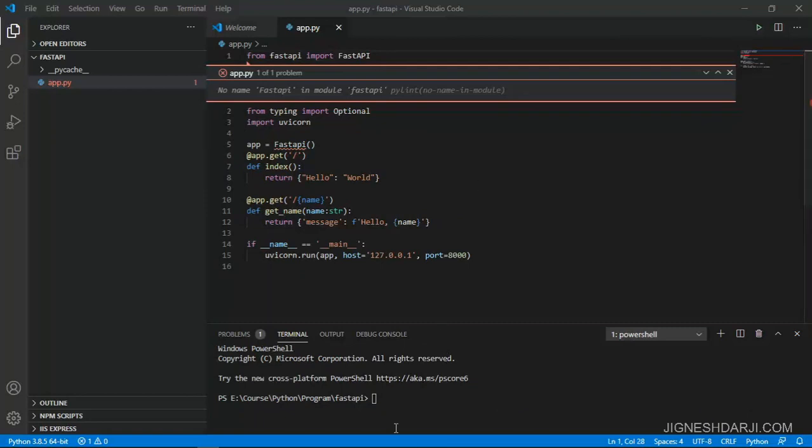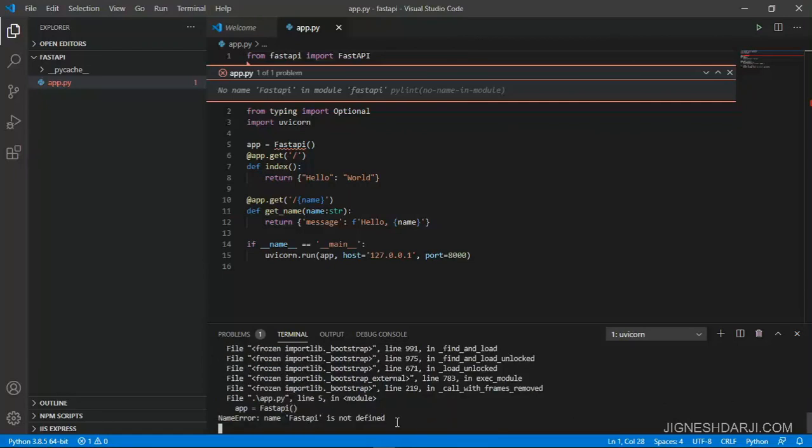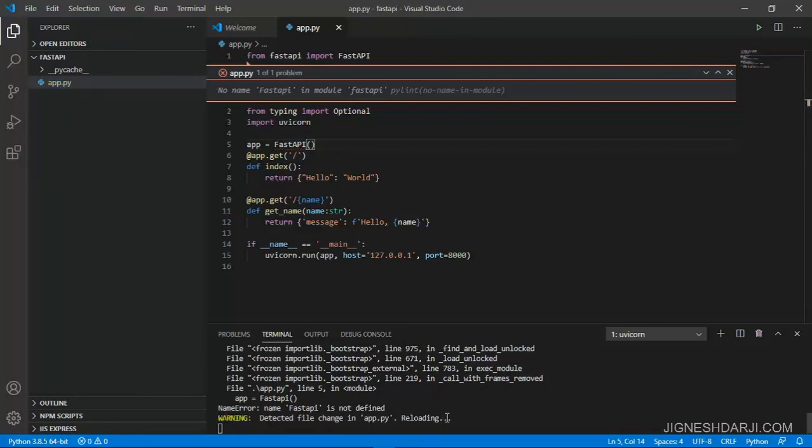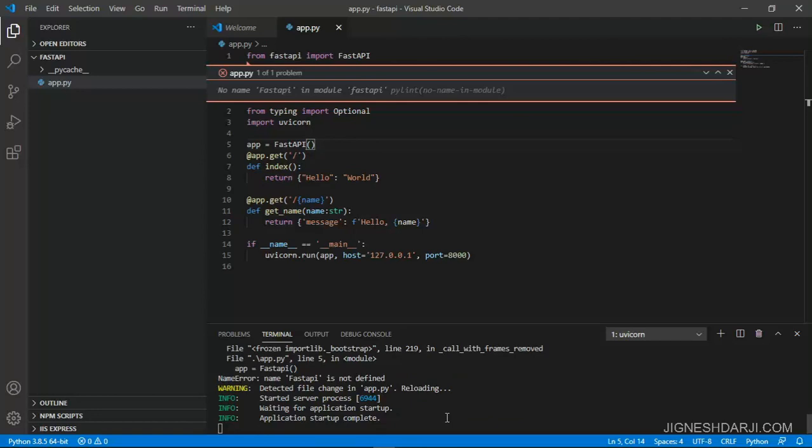So I updated FastAPI with the capital case, and let's again try with uvicorn app:app, and then double hyphen reload. We have one other place related to creating the object of FastAPI, so I need to update FastAPI at the object level, the class level, as well. In line number 5 I need to update FastAPI with uppercase. So let's save it, and it will automatically reload the project and run in the browser.